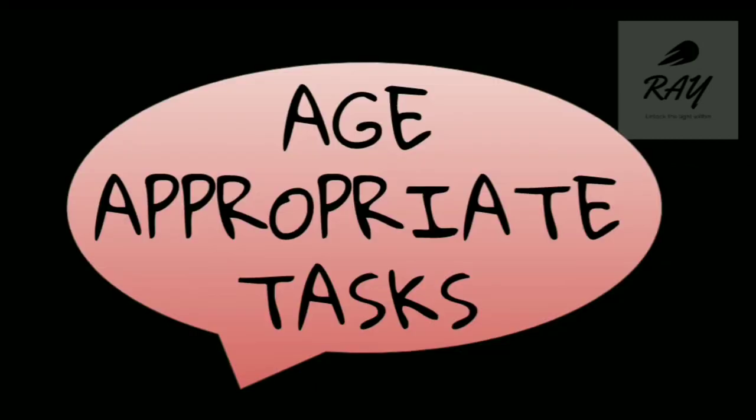And the second one is age appropriate tasks. This is a very important component that needs to be kept in mind: make sure that you give age appropriate activities for your child. So don't give any complex activities compared to the level of the child. Initially you have to gauge the level of your child. Where is he standing on reading, or on math, writing, or whatever it is, and give goals that match their needs and which they can develop on.